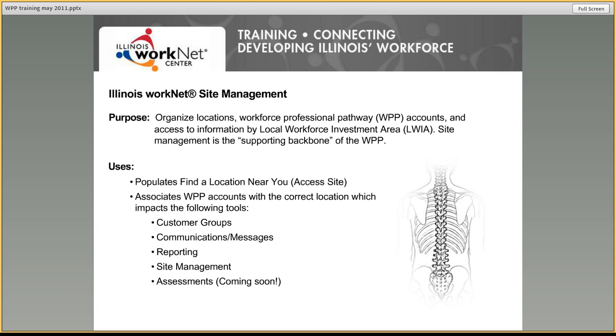First of all, they would check to see if they're already a site, because we don't want to have them go through the process only for it to be a duplicate site. So we would check to see if they're already a partner. If they're not a partner, then they would select to add a request to become an Illinois WorkNet partner site. And we have two options. If they don't already have an Illinois WorkNet account,